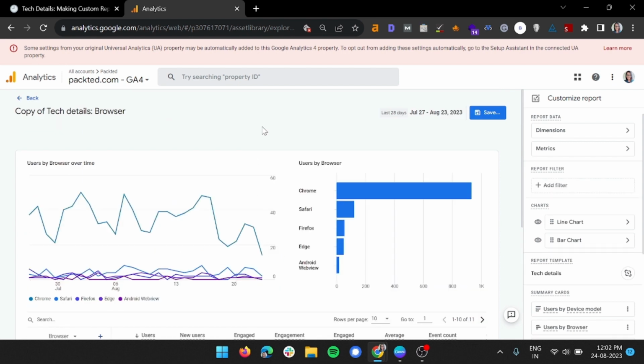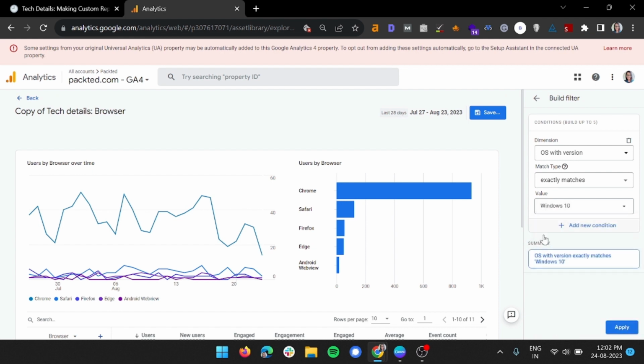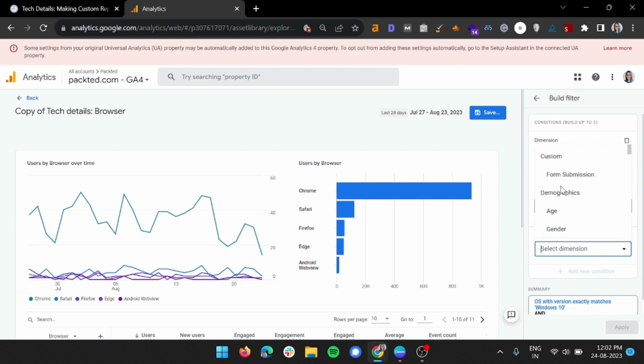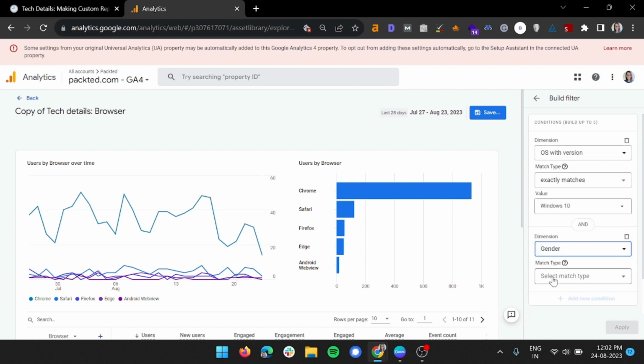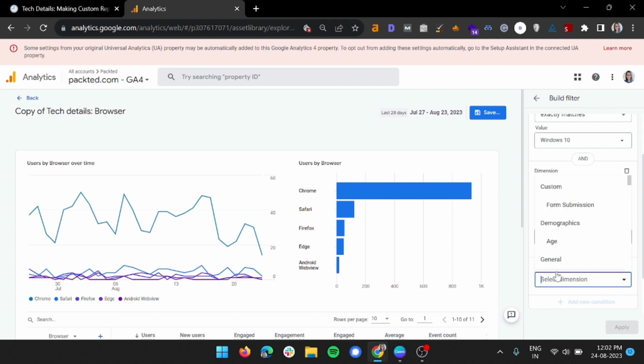For the third example, let's say you want to know people who are coming from a specific OS with version like Windows 10 or Windows 11, and people who are male. So for that, let's start with building the filter. So the filter here would be OS with version exactly matches Windows 10. So for this example, we are taking Windows 10, and the second dimension would be gender exactly matches male, and let's add third dimension that people are coming from a certain country